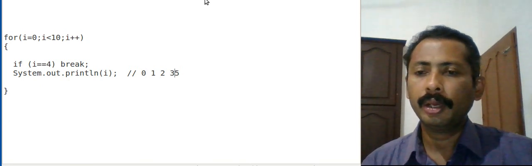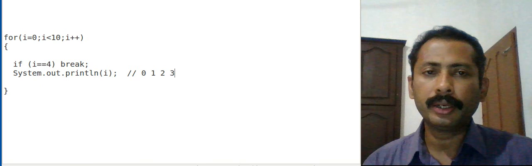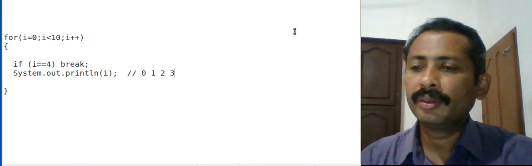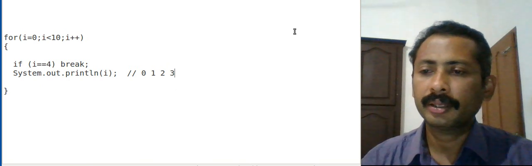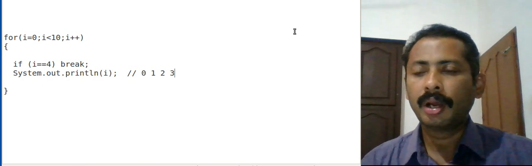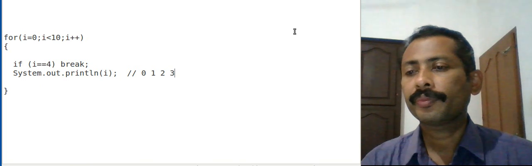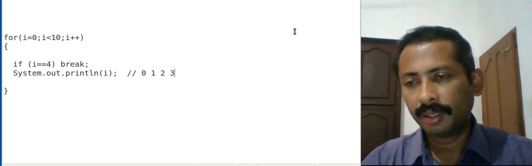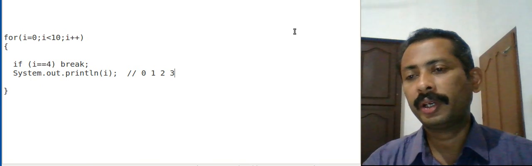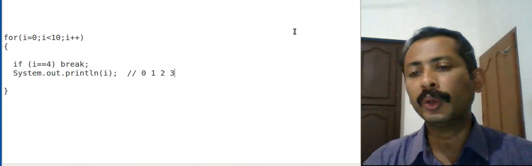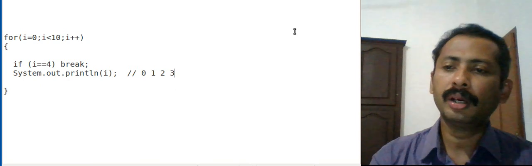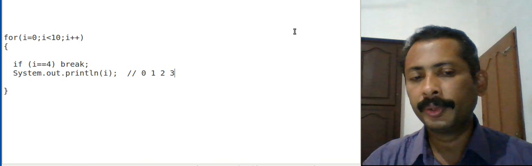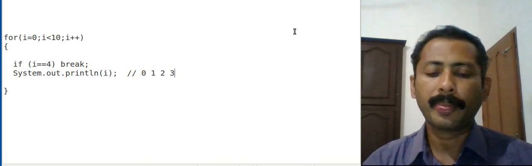After printing 0, 1, 2, 3, when it finds the value of i as 4, the break gets executed, and so it comes out of the loop, and the remaining iterations will not work. So this is the difference between continue and break.